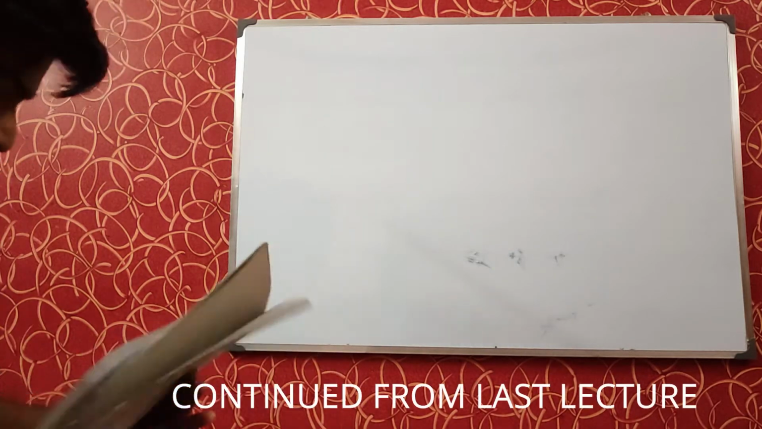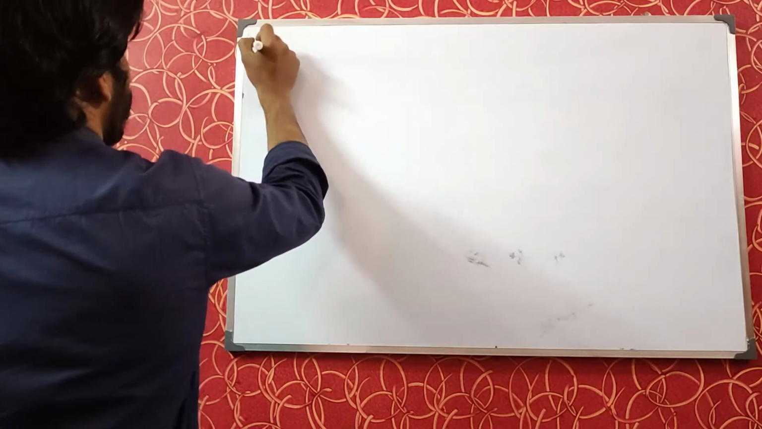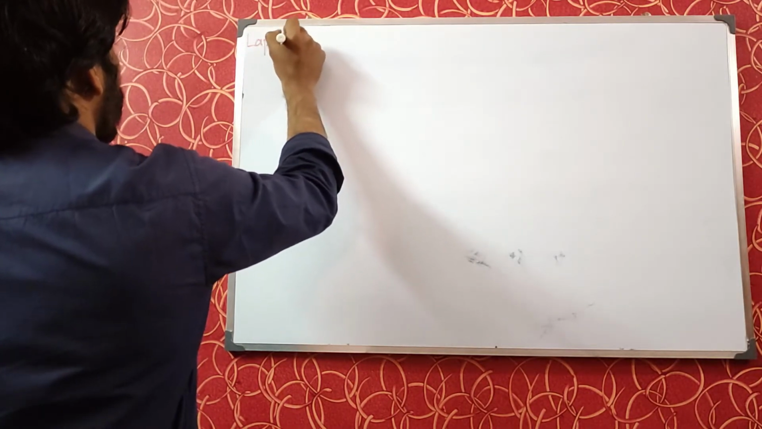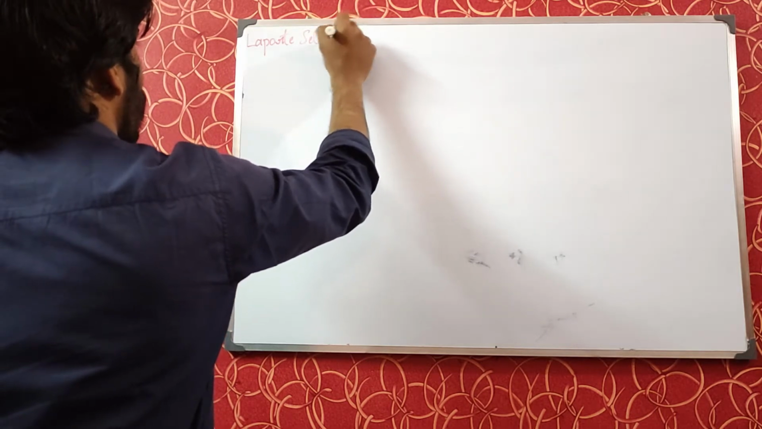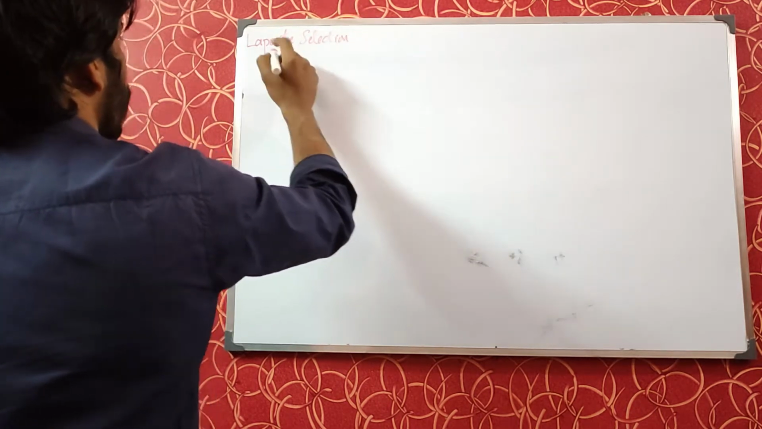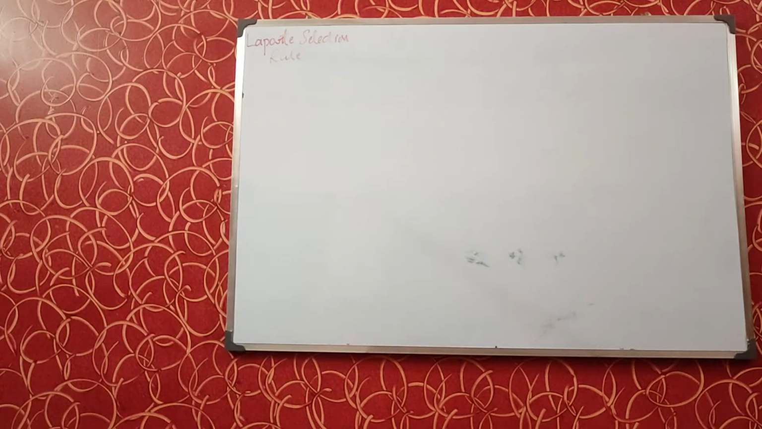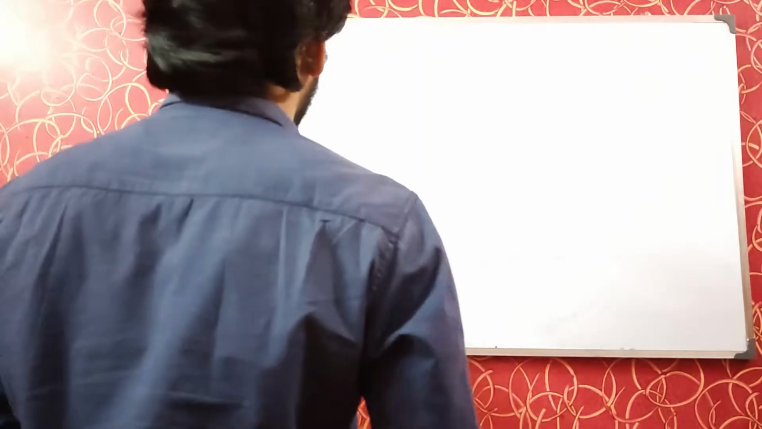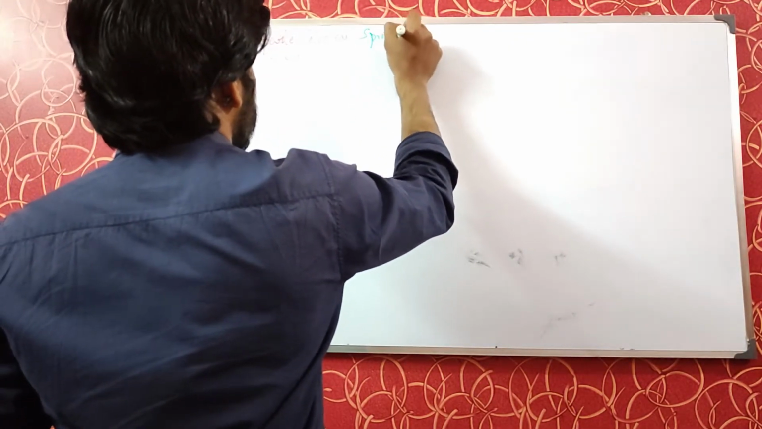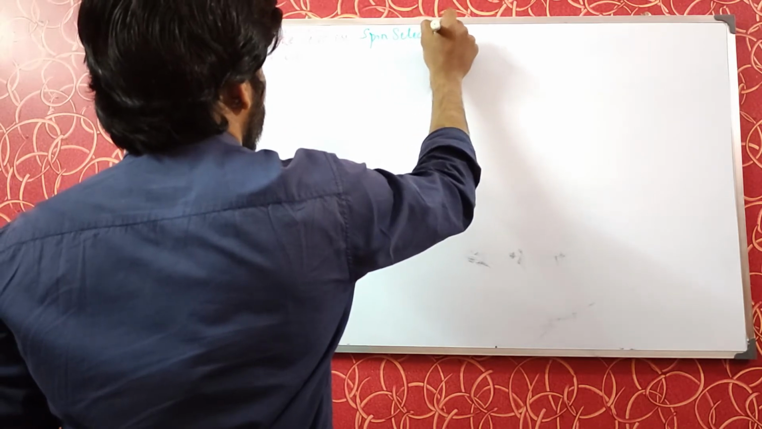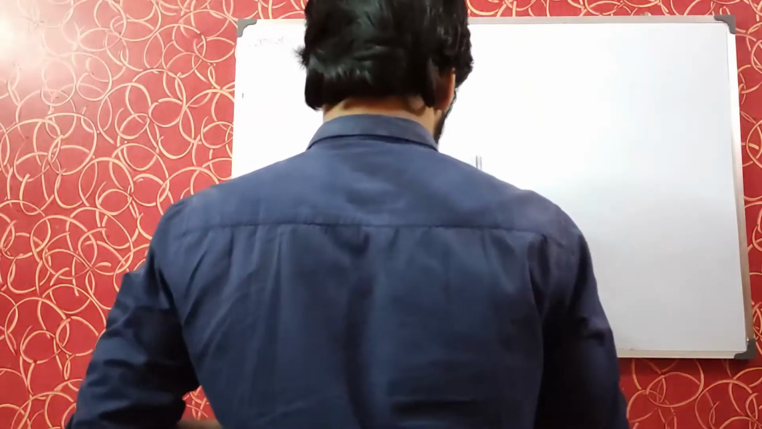Okay, so let's make a table. I think it's not very visible. Okay, so we have the Laporte selection rule, we have the spin selection rule,